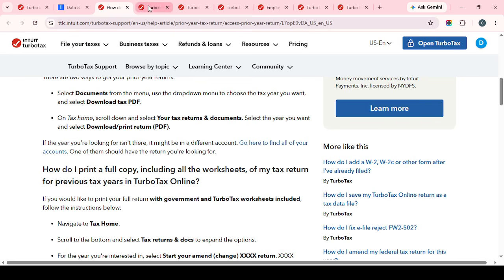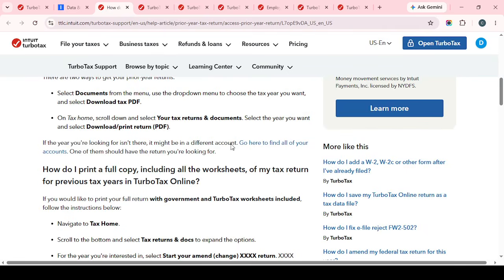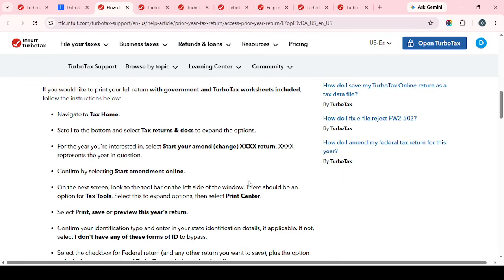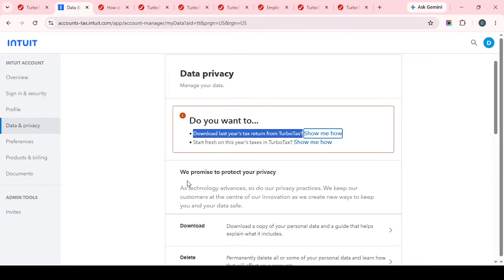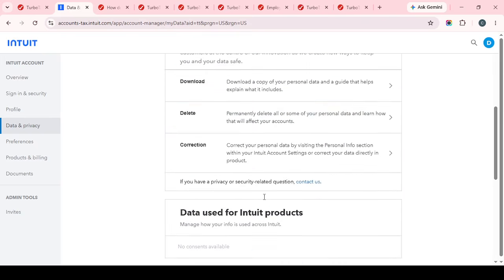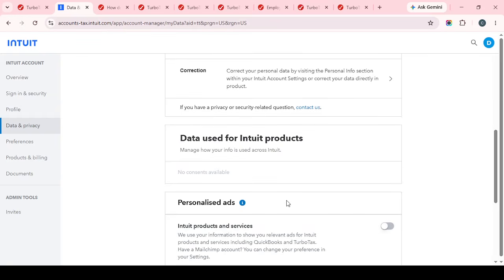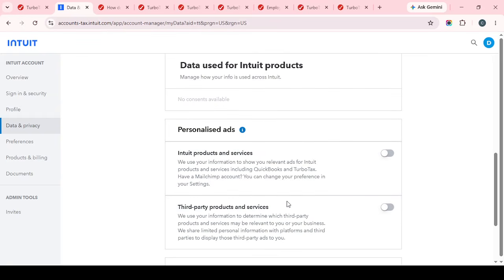After the connection is complete, TurboTax can begin retrieving eligible tax information from CRA. Give it a moment to load and read any confirmation messages carefully so you know the connection has gone through properly. As a final tip, even after your information is imported, it is still a good idea to review everything for accuracy. Autofill can save a lot of time, but you should always confirm that the imported